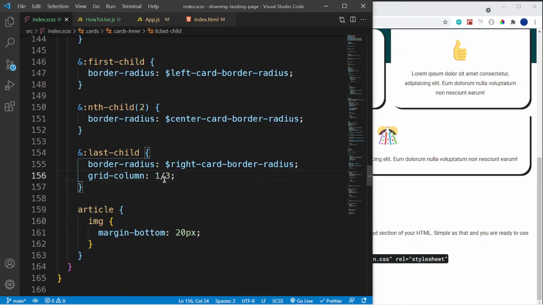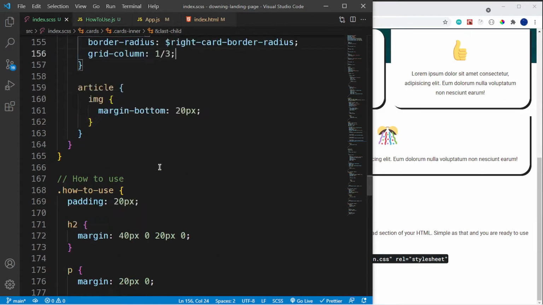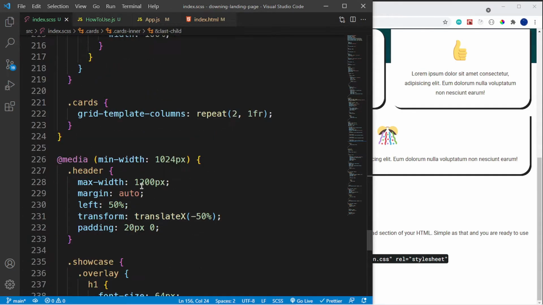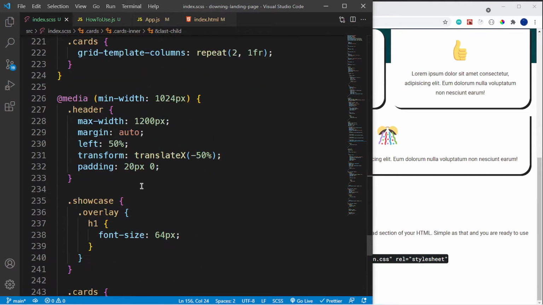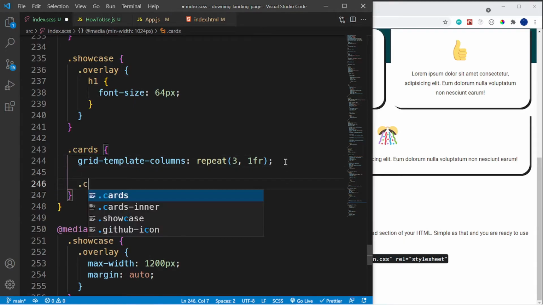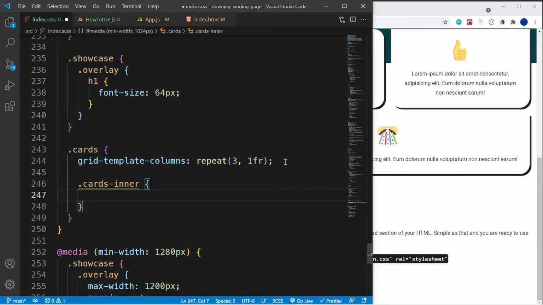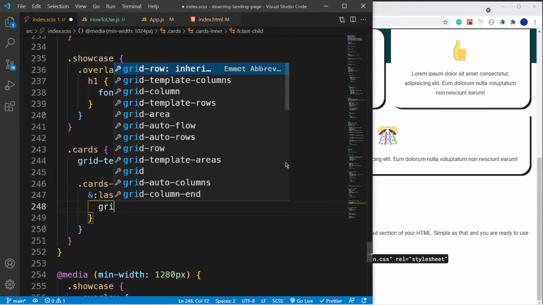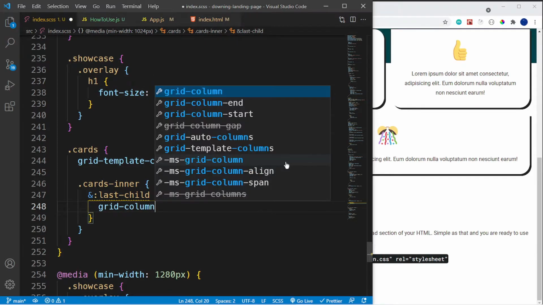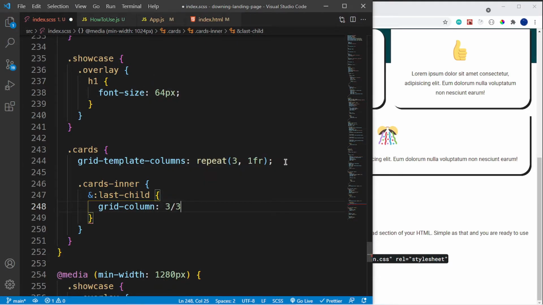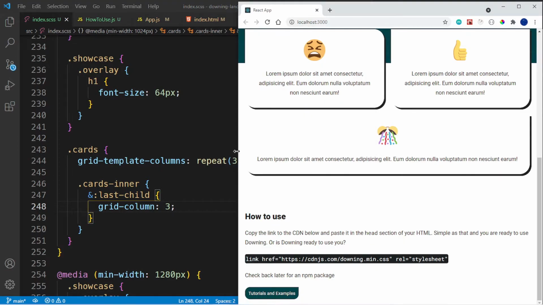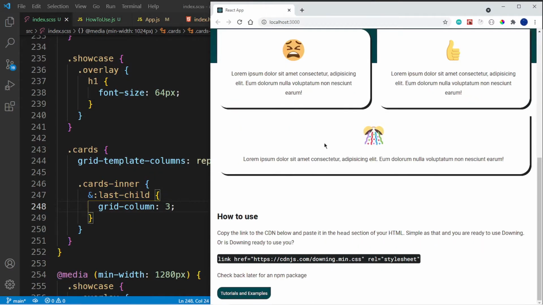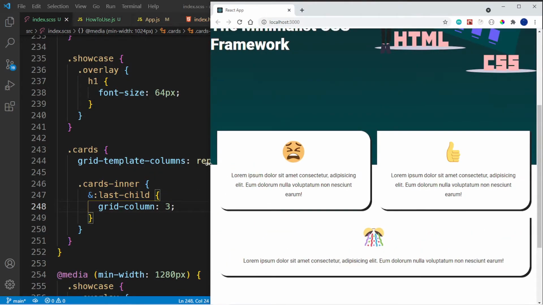So where we change this, where do we change this? The last child, where we change the cards to display as 3. Where is it? Right here. Then we can say for the cards inner, then I want to say for the ampersand and last child, then I want the grid column to be, what is it, the third one only. Is it the third one? Let's see, is that how you do it? Okay, there we go. So right here it spans both so that there's no longer any white space,